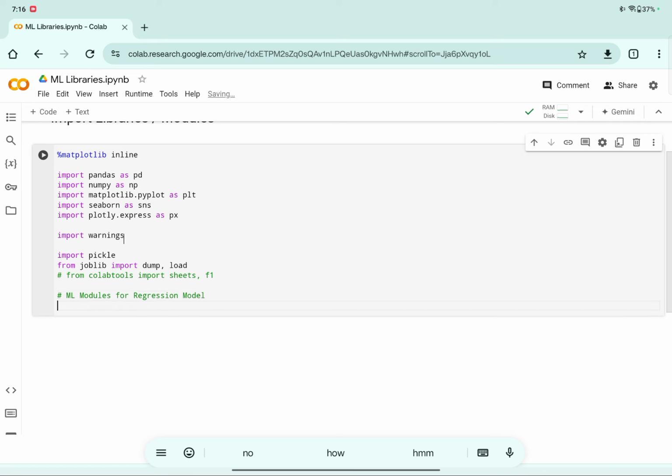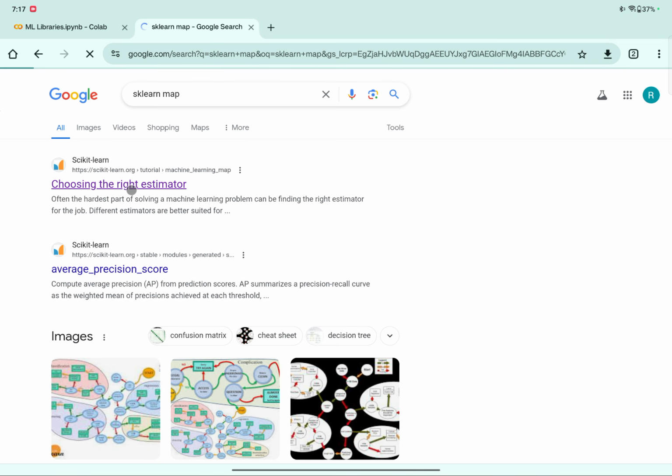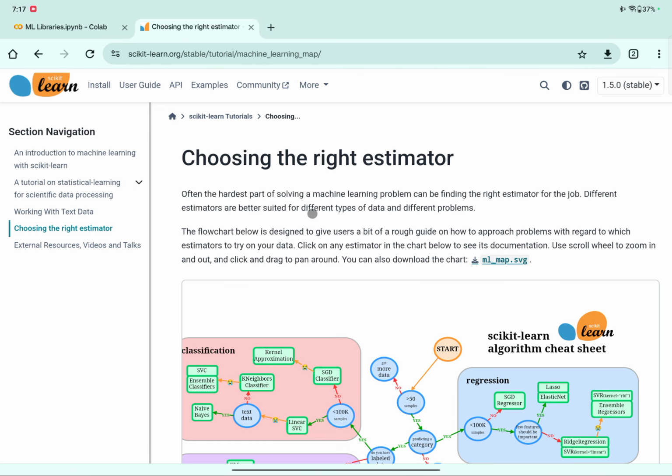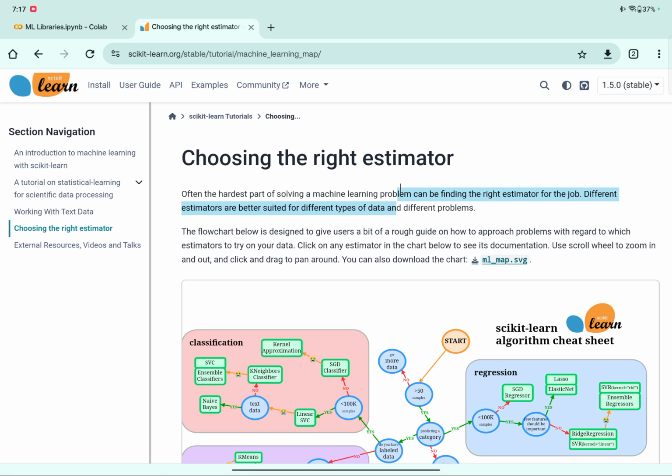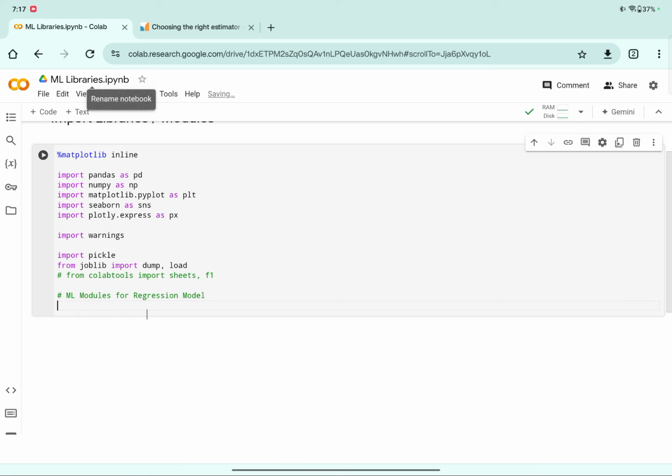Regression is one of the models. All the models that I'm going to show here, if you go to the Sklearn map, here you can see all the modules. For example, for the regression, you can see the modules like ridge, ensembles, lasso, and for the classification you can see linear SVC, k neighbors, SVC, and everything. So we are going to import those modules. Let's start with the regression. From sklearn.linear_model import Lasso, Ridge,